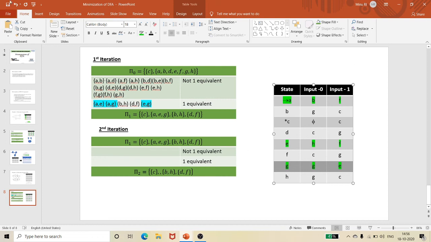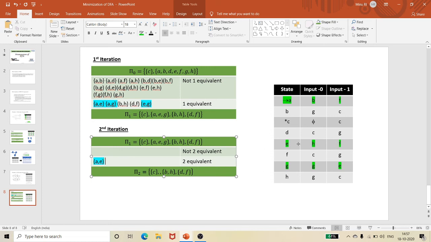So what can I check? First, let me check A and E, whether there is any equivalency with A and E. This is 2 actually. So let me check with 2. That is whether B, A and E. B and H belong to the same set. F belongs to the same set. So my A and E is equivalent. My A comma E is equivalent.